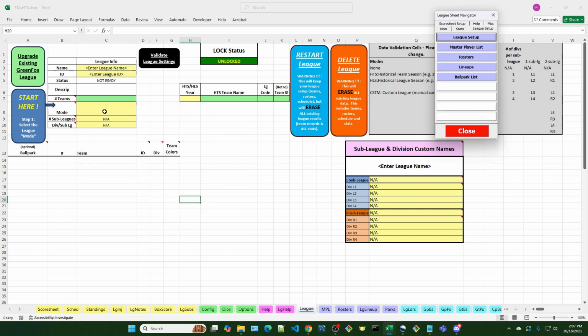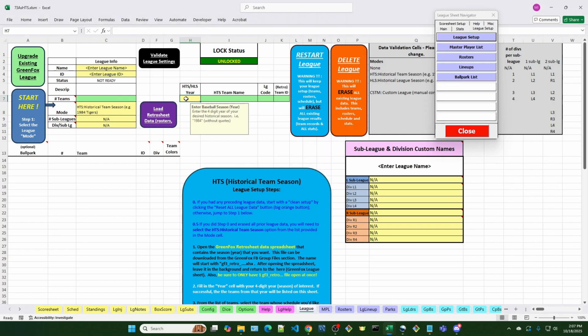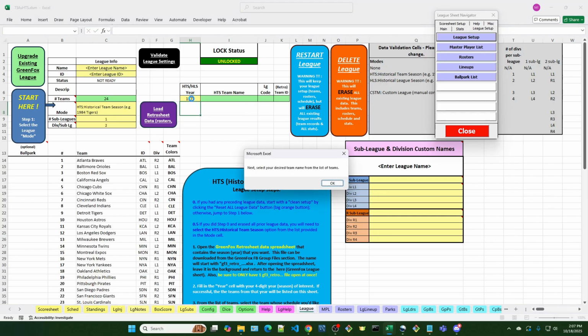So I'm going to click in here. It gives me a little drop down. I choose HTS for historical team season. Then it says enter the year in the yellow cell. It shows me this cell. I'm going to enter the 4-digit year, 1973. And when I hit enter, because it found that helper Retrosheet spreadsheet that's already open in the background,